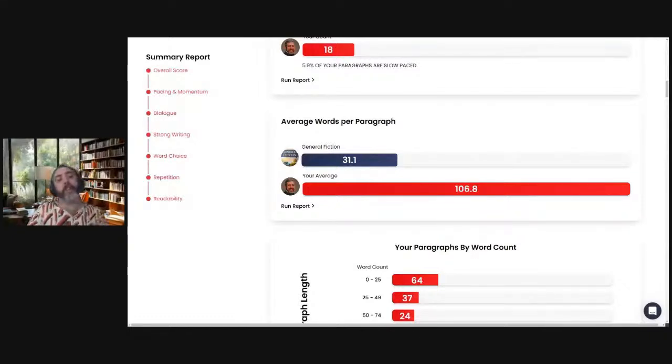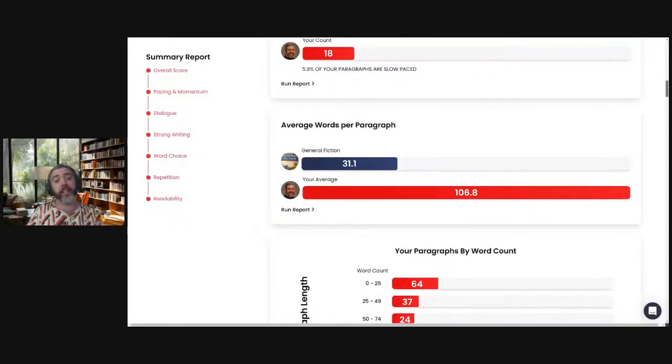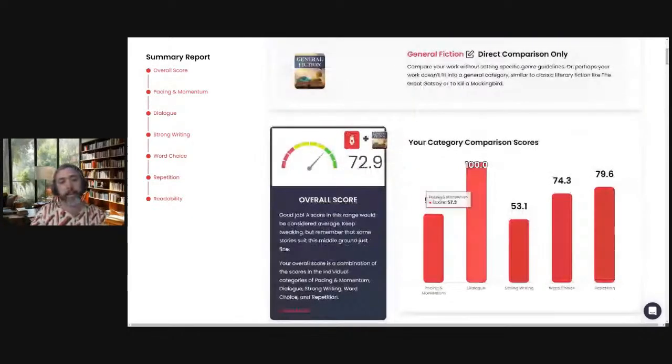But our goal is not to overwhelm you, which is why we give you this lovely summary at the top. Now, some people expect that this number is eventually going to get to 100. It's not. How could it get to 100, right? If we're comparing against something, 100 would mean it's an exact match. No, no, no. It's going to be in the 80s, usually at most. If you get to the 90s, often it means you're flattening your style a little bit too much, right? You're starting to get samey or a little bit bland. Because some of it also comes into readability, which is another reason why that score tends to go up as well.